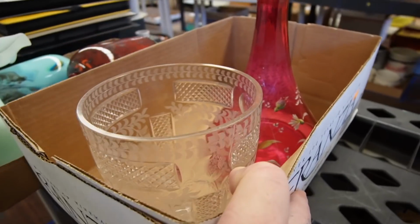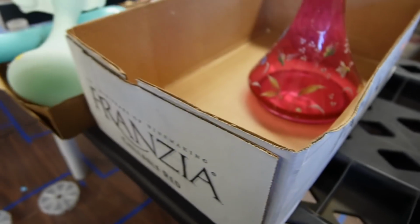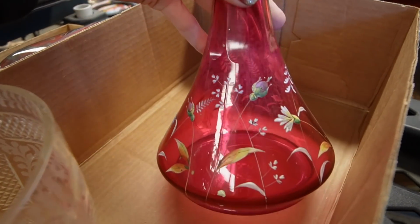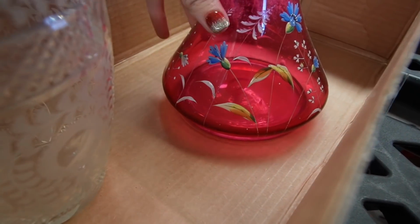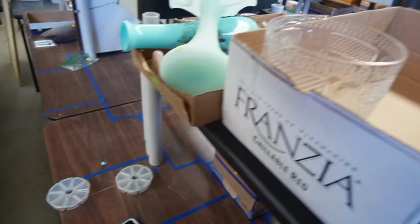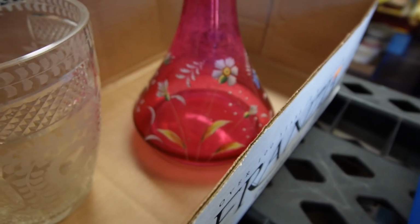Oh yeah, I got a couple more flats. Oh, this is really pretty, this etched piece. I didn't even know about that. Smaller. I know, me too. I thought that this was smaller. I thought this was a perfume. And now I'm realizing that it's not a perfume. It's likely Moser. It's got a number on the bottom, number 3. It is missing its stopper, which is very disappointing. I don't know if we could find a stopper replacement for it, but I just thought that was a beautiful